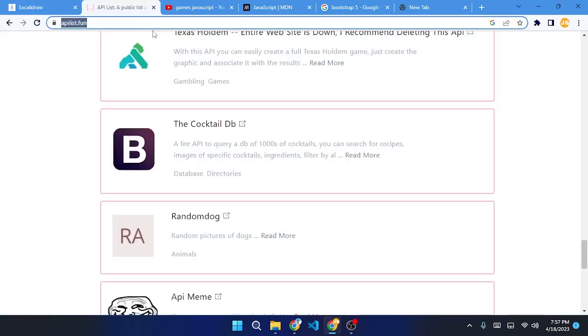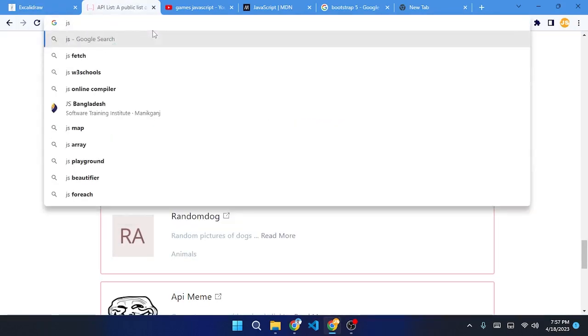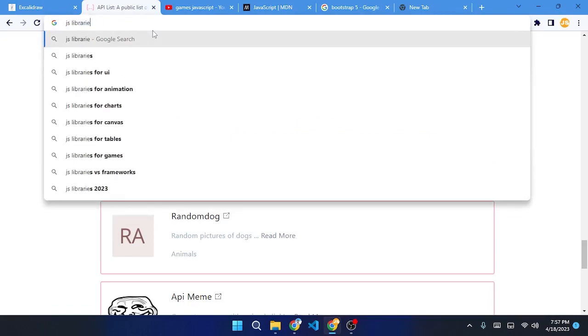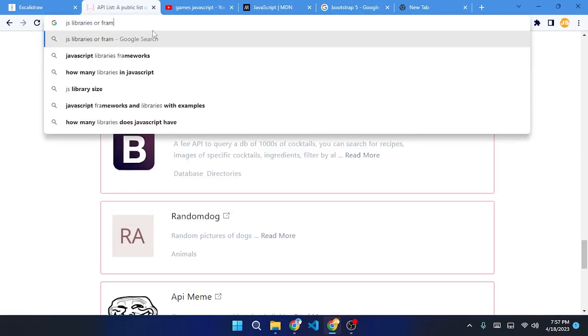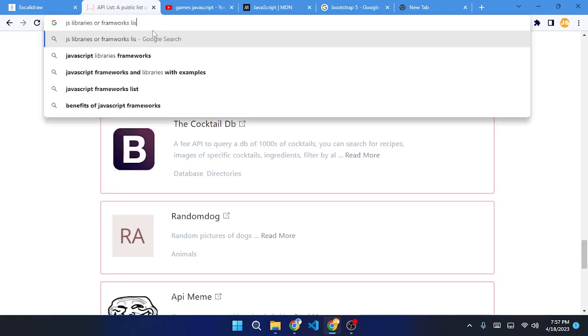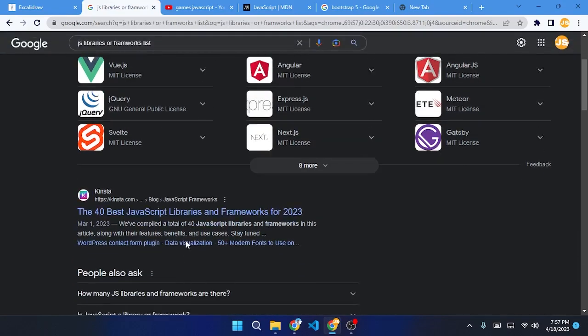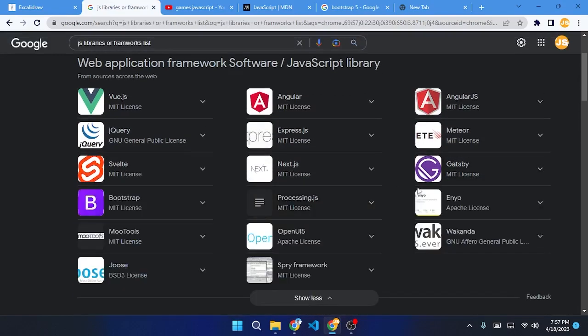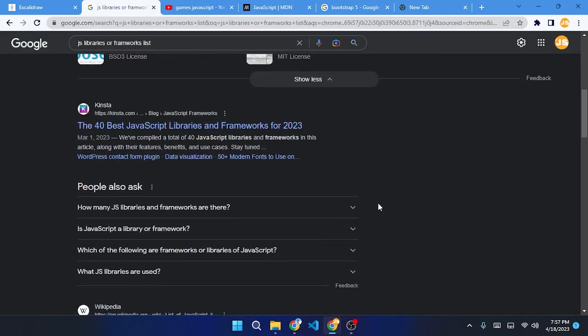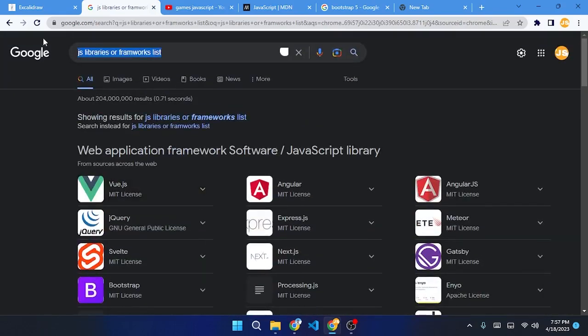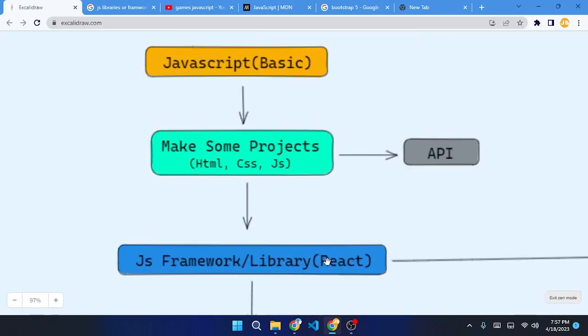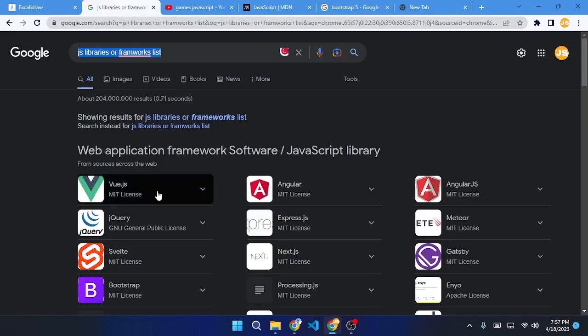So there are a lot of JavaScript libraries or frameworks. You can search for a JavaScript libraries or frameworks list. There you will get a lot, like Vue, Angular, which is popular, and now Svelte. And there is one more, I guess they haven't listed it, React. I would actually suggest you learn React. I would not suggest you learn Vue or Angular or Svelte,